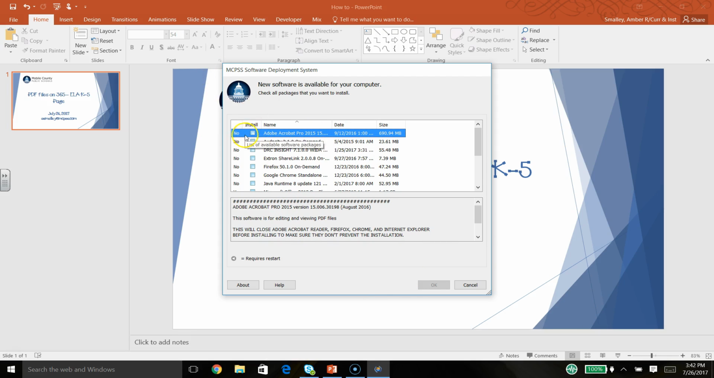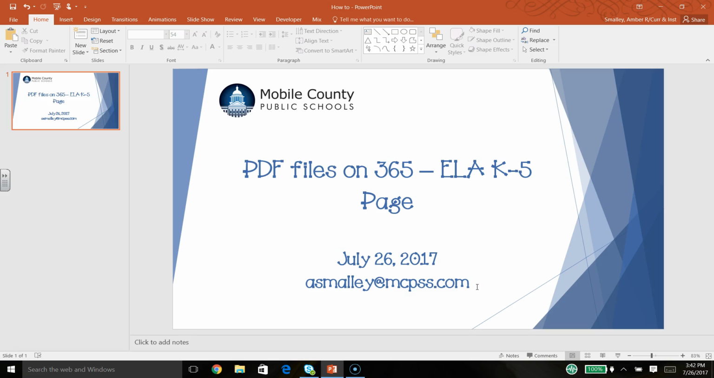You would click the checkbox and then click OK, and it would install, and then you'd have to restart your computer, and then you'd have Adobe on your computer, which will let you see some of the cooler things that we have available for you. So let's go to the Mobile County page,